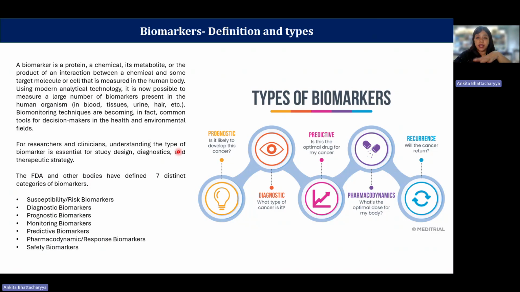So they have defined 7 distinct categories of biomarkers. That includes first susceptibility or risk biomarkers, which means I'll define all of these later on. So let me just introduce the name. So the risk biomarker, diagnostic biomarker, which is sort of a confirmation of a particular disease, prognostic biomarker, which dictates how that disease's treatment needs to be modified further, monitoring biomarkers, which is what you expect when you expect a certain biomarker to behave a certain way over a period of time, predictive biomarker, which can indicate a sort of outcome under certain circumstances,